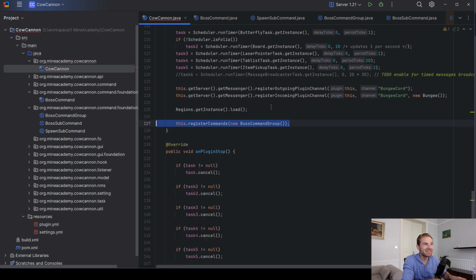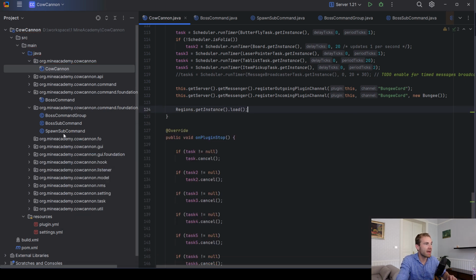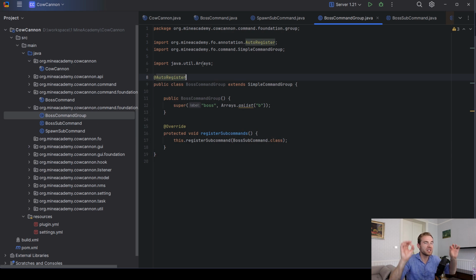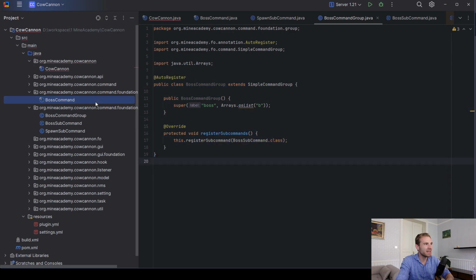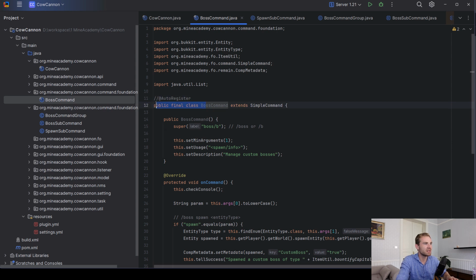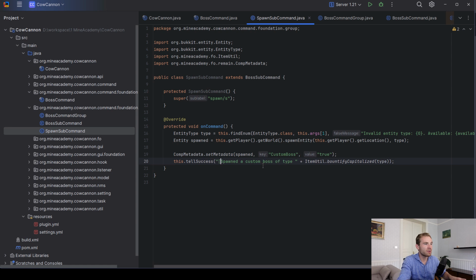command group, but since people always kept complaining about that, we just added a simple auto register annotation, and Foundation will do that automatically. Let's head to the game and check out if everything works. However, I think this will be conflicting because the boss command right here is also automatically being registered, so I'm just gonna disable this here, and then I'm gonna go to the boss spawn command, and I'm gonna type in "from subcommand"